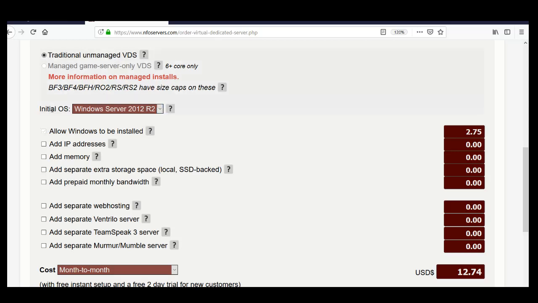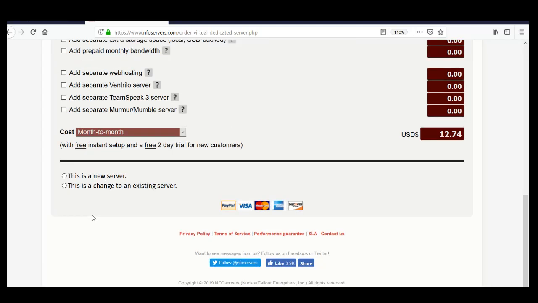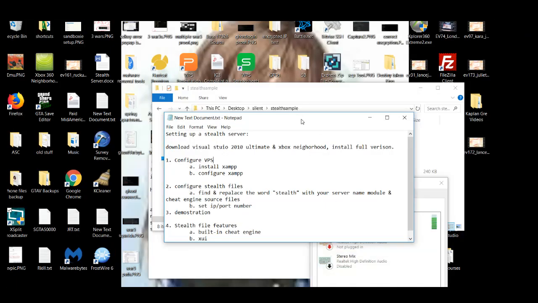All right, and then install Visual Studio 12, and then pay your fee or whatever, and then start a new server, and it usually takes them about 40 minutes to an hour to set it up for you. It might be less. Okay, so